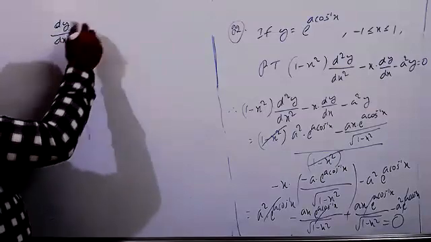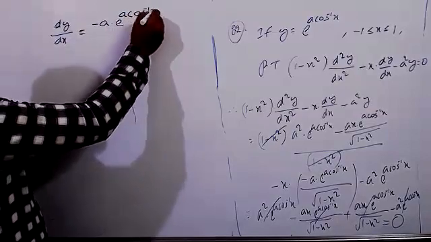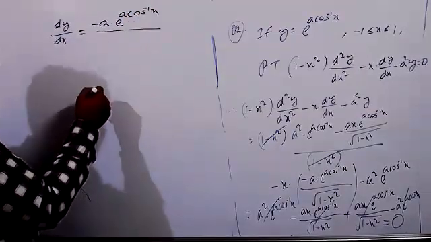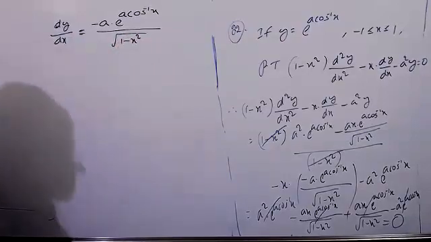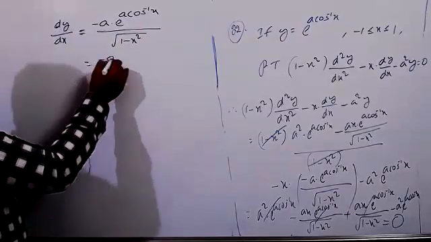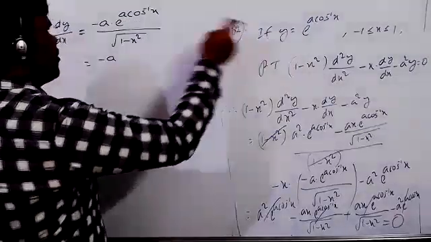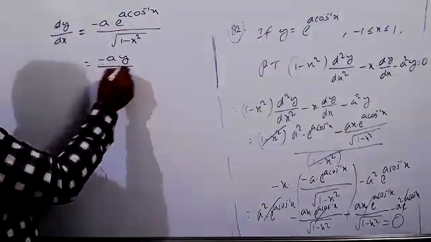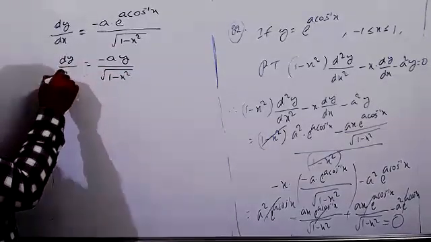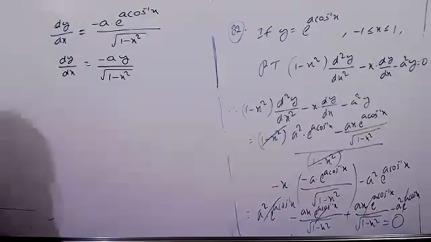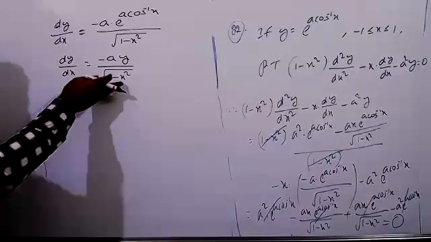The value of dy by dx is minus a e power a cos inverse of x whole by root of 1 minus x square, we got now. Yes. So this one you can write simply that minus, anyhow this is the value. What about this one now? The value of y it is. So minus ay equals, you can write now root of 1 minus x square, this is the value of dy by dx. Clear that. Now we can do the cross multiplication, denominator right this side now.